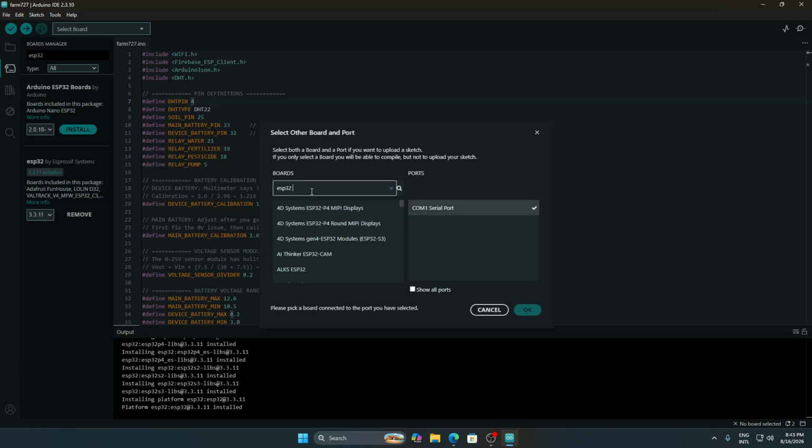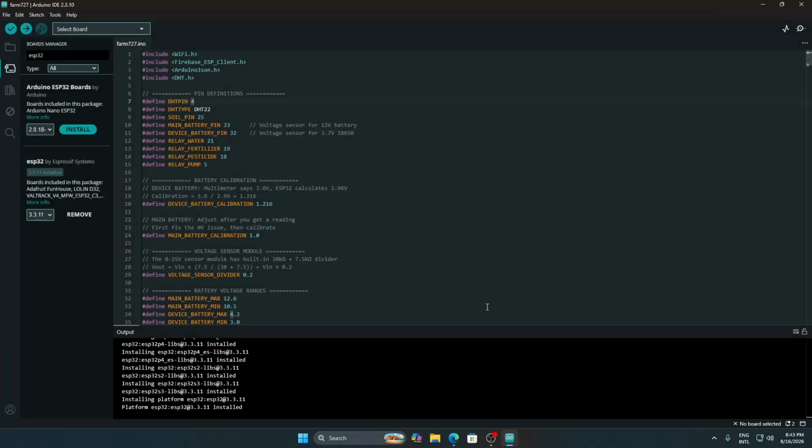It should show it here, ESP32 dev module. So this one. So before that, you need to plug in your ESP32. I will plug it in now. It will show it, and then click this one. Oh, yan, already been here. This is the ESP32 that I already inserted to my computer.